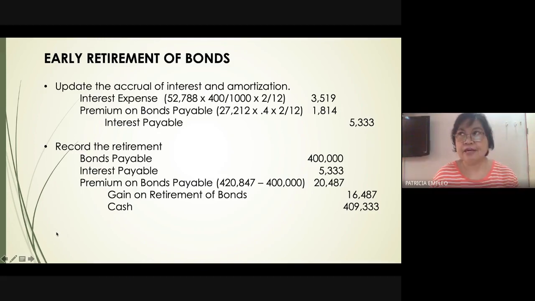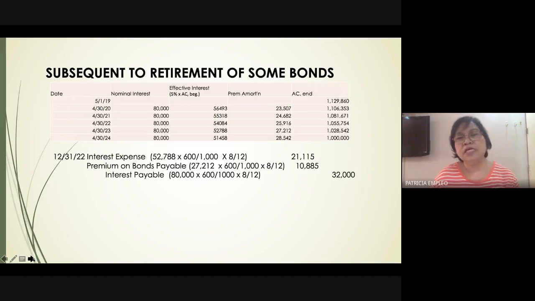So what happens next? How many bonds are still outstanding? Do we still have liability for bonds? Yes, because out of the 1 million, we only retired 400,000. That means there are still 600,000 of the bonds out with our remaining bondholders, and therefore our entries will continue. Subsequent to the retirement of these 400,000 bonds, we need to prepare entries relating to